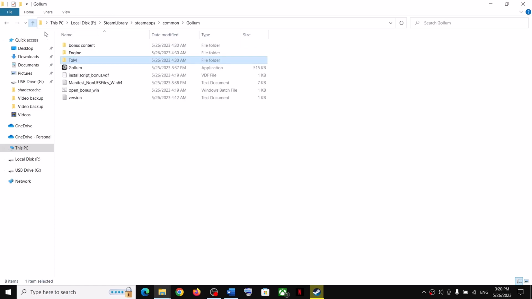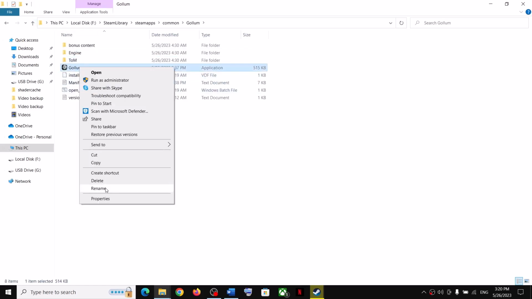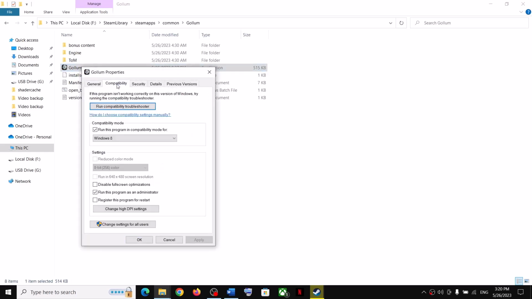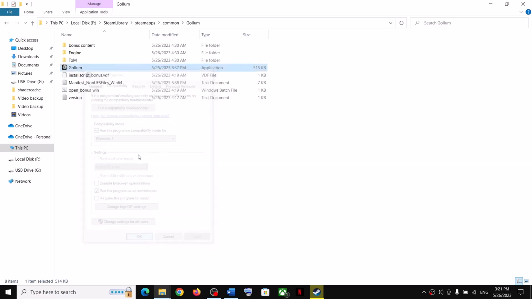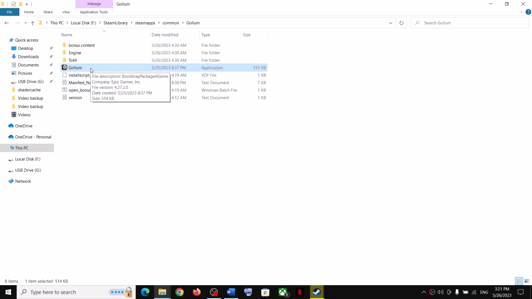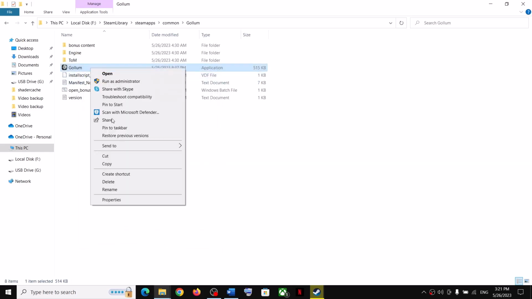You can do the same thing with this exe file. Right-click, select Properties, go to Compatibility, and this time select Windows 7 and then click on Apply, click on OK, and then double-click and launch the game. If the game is still not launching and you are still facing the problem,